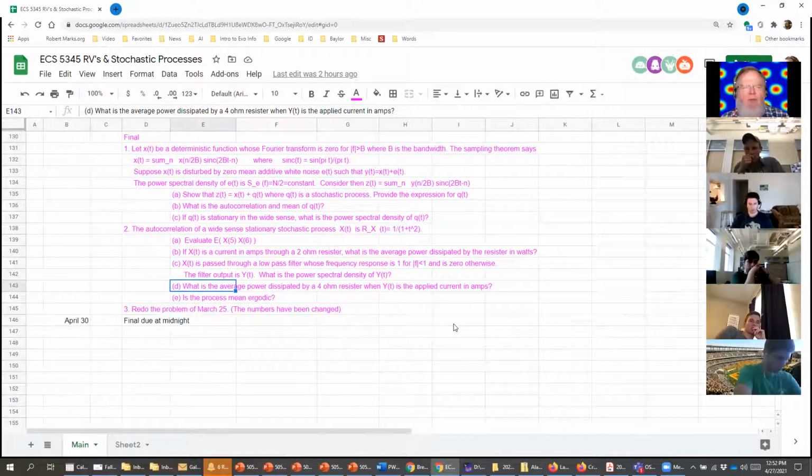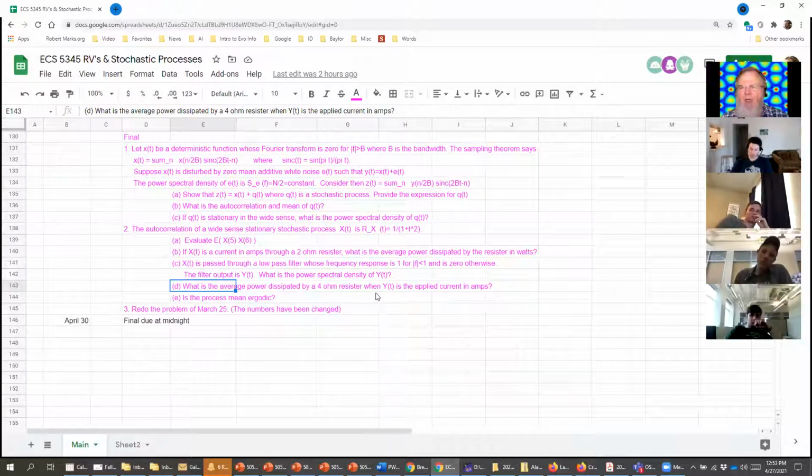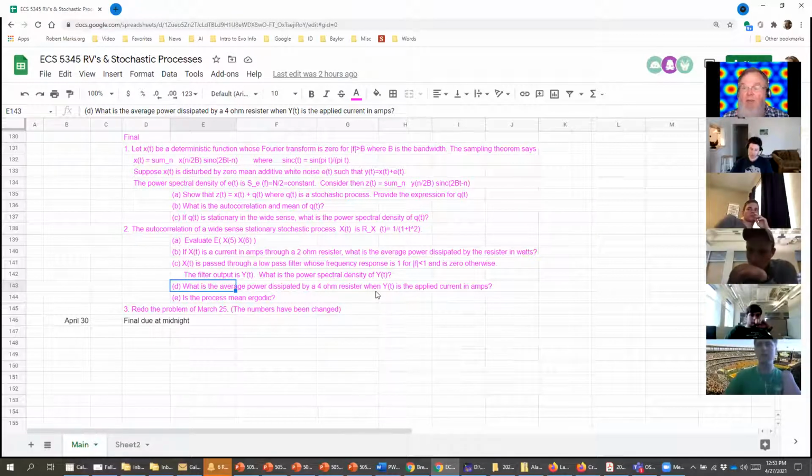So therefore, we run it through a 2 ohm resistor before, then we run it through a low pass filter, and then we run it through a 4 ohm resistor. And what is the average power dissipated by that resistor? If it's just a regular resistor, it tells you how much the resistor is going to heat up. If it's a light bulb, it's going to tell you how bright the light bulb is, because of how much current is going through the filament. So we would just like to figure out what this is. Please do not forget units. Power has units, and we do all of this math and hand waving, but sometimes we forget what the units are. If the units are amps and the resistance is ohms, of course, the power is in watts.